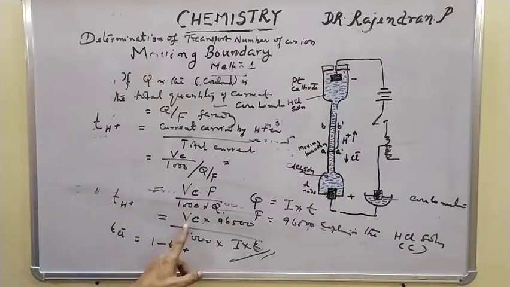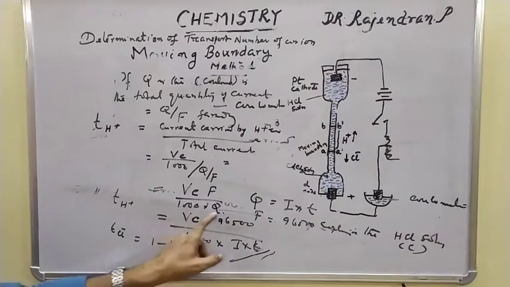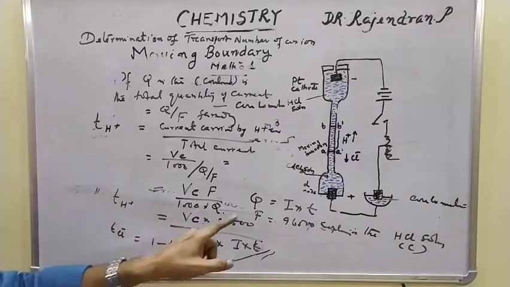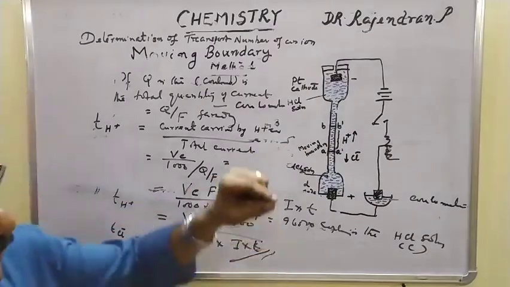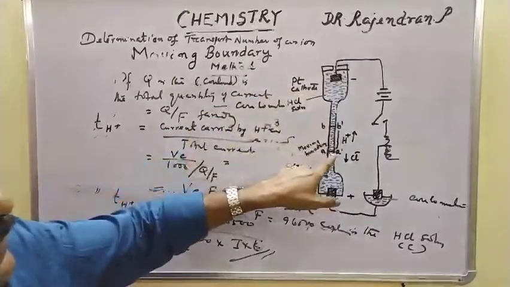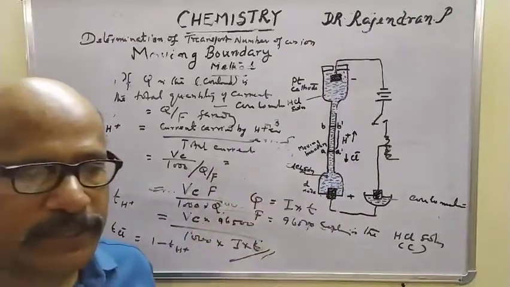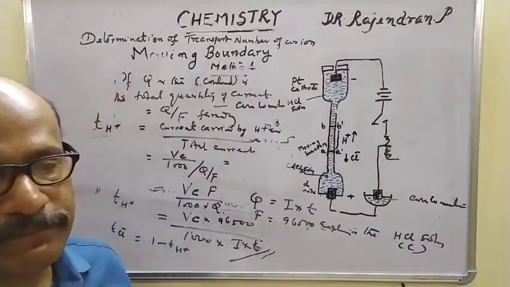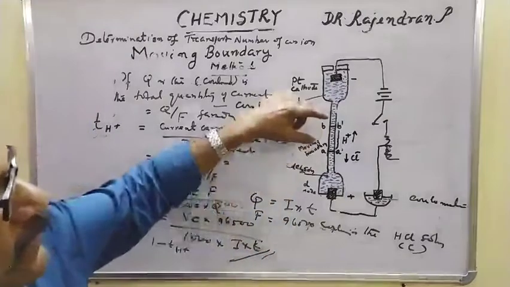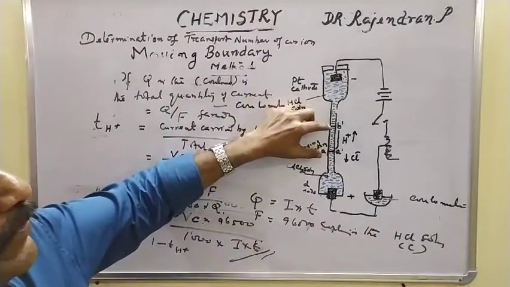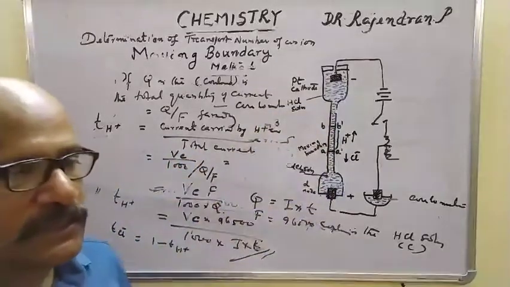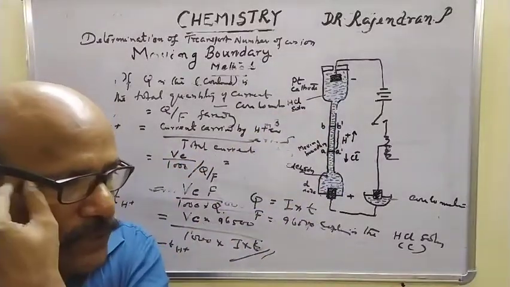So this is the calculation. By knowing the volume of the solution, obtained from the length and area of cross section, and the concentration or normality of the HCl solution, and the current strength I and time, we can calculate the transport number of H plus ion by this equation. The important calculation involved here is to find the length travelled by the boundary of the HCl solution, that is L. From the area of cross section, you can then calculate the volume swept by the boundary.